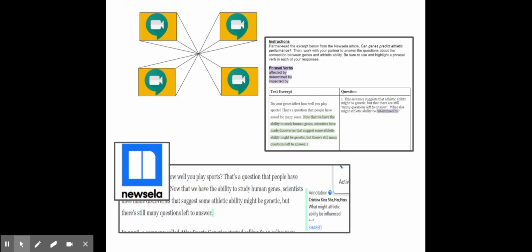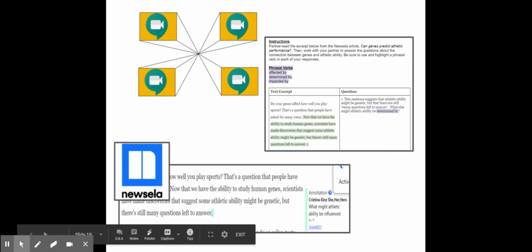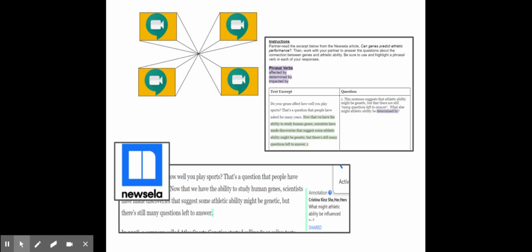So you notice that I had a Google Meets. I had different Google Meet groups for each pair, and that's how they would engage in the partner reading. I also used a shared note catcher that they opened so that they could capture their responses. Both of those were using tools through Google Drive or through the Google platform. However, if you are using Newsela, or if you have a Newsela account, you might also consider using the Newsela annotation tool. With the annotation tool, you're able to type questions directly into the article and then require students to respond. And we have a few screencasts on how to do that, and I'll be sure to share those at